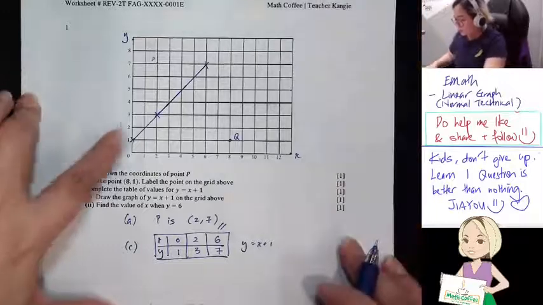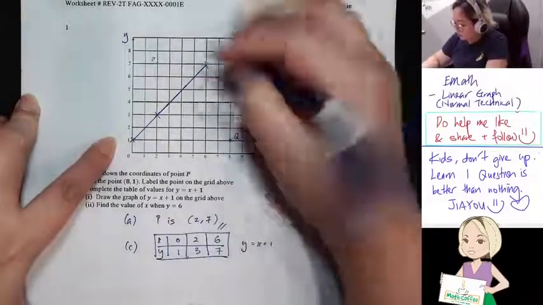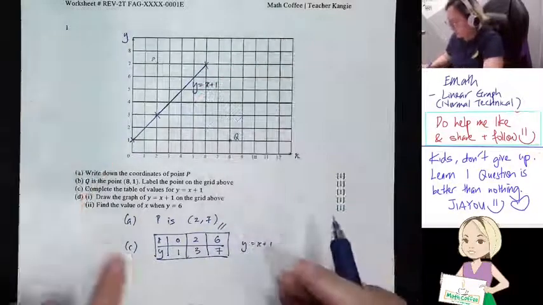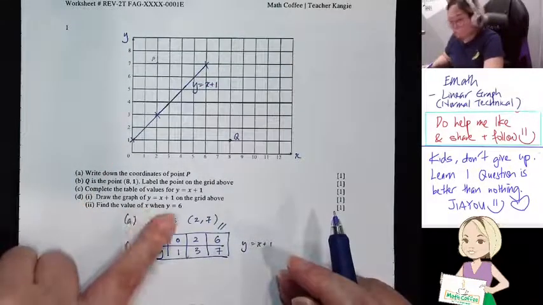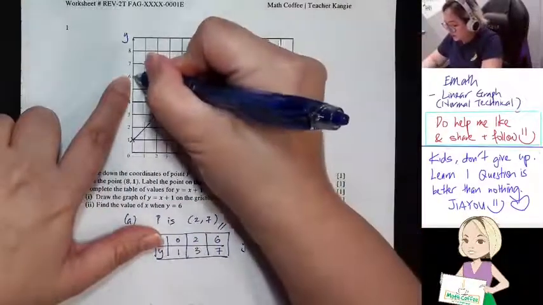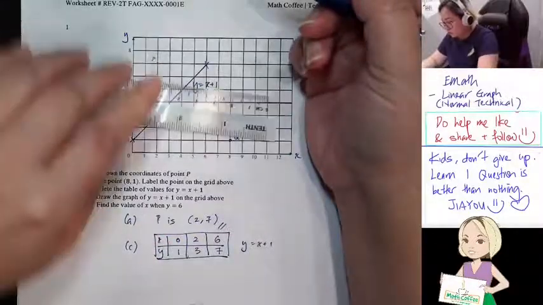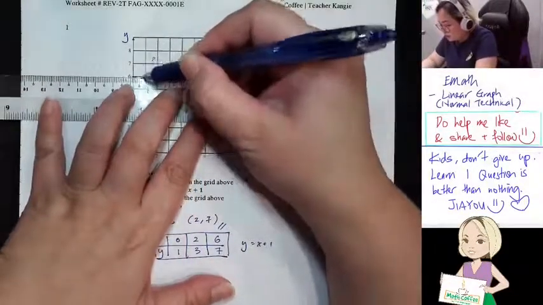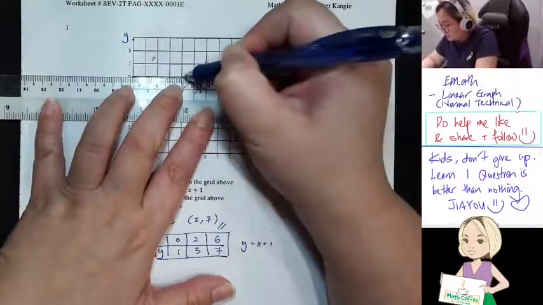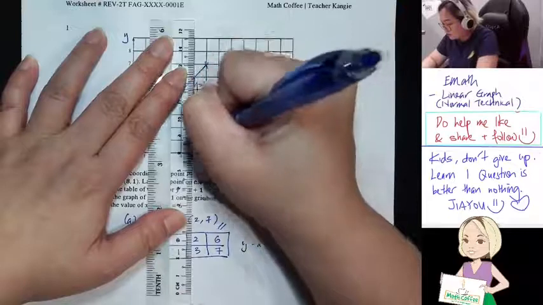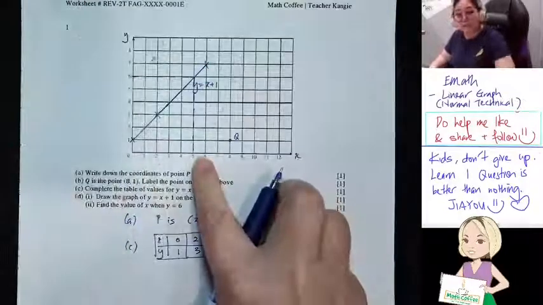Okay, so with this, of course, after you draw this, you got to label. Say that this line is y equals x plus 1. Then they say, find the value of x when y equals 6. So on the line, let's find where 6 is. 6 is here. You got to show them that you took it from the graph. So you go to y equals 6, which is here. Draw a dotted line. Then you draw down and see what's the corresponding x. And you can see that the x is actually 5.